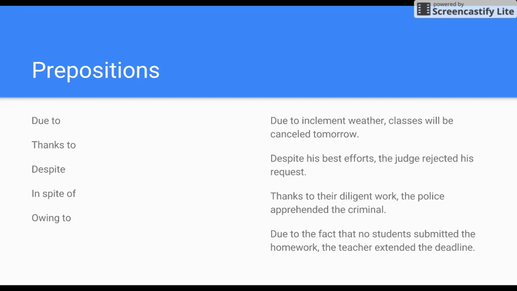We didn't say because the weather is bad, classes will be canceled tomorrow. We said due to inclement weather. We just used a noun. We didn't use a complete idea. So that's how we use these. Due to means the same as because of. I didn't put because of on there, but I could have put because of. Okay, and thanks to means something very